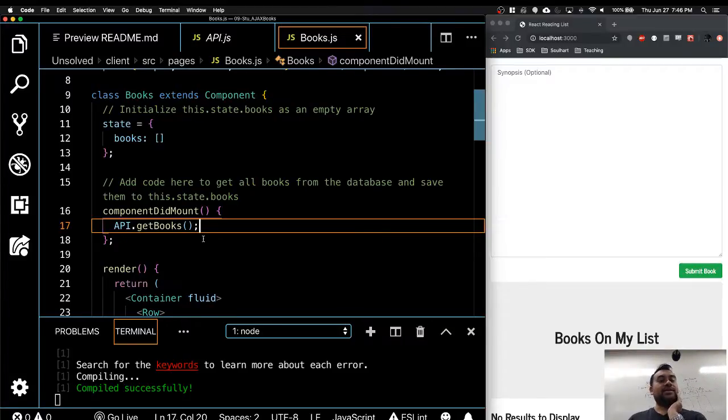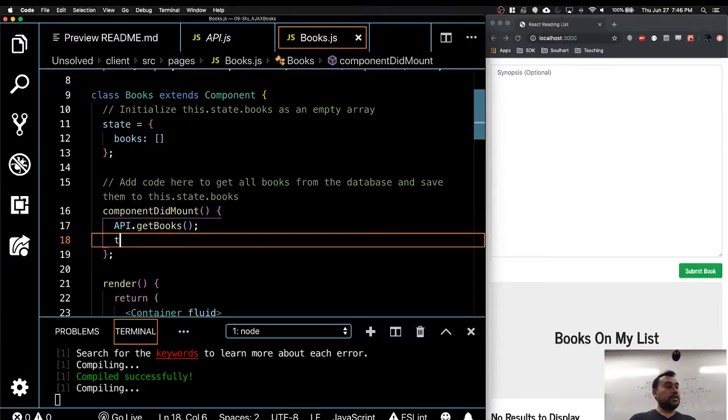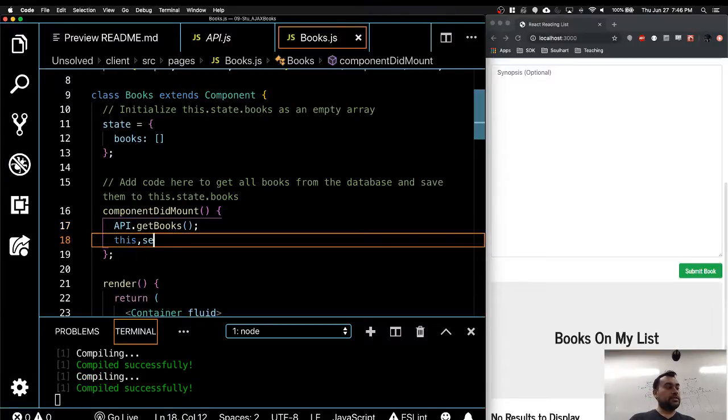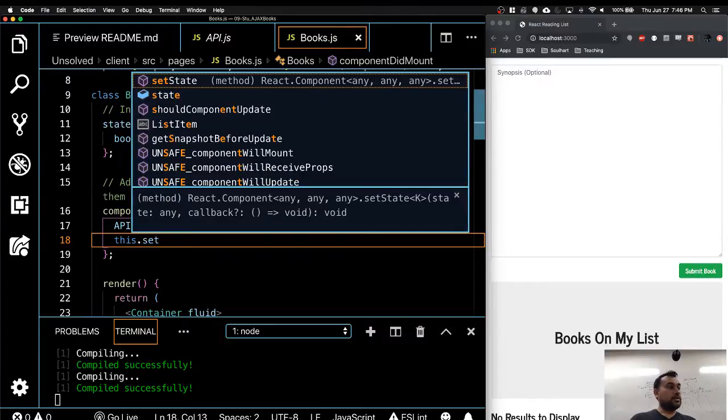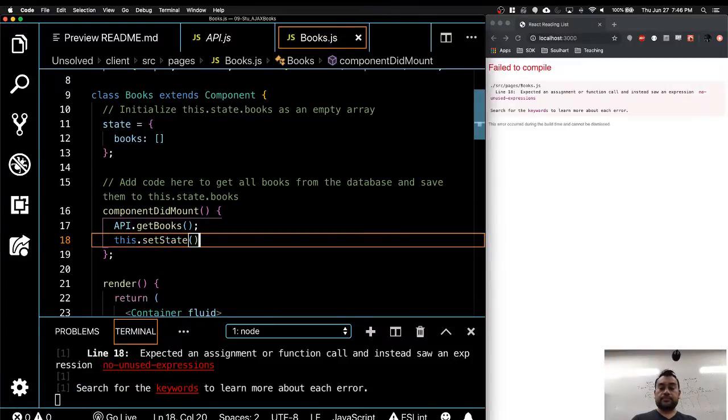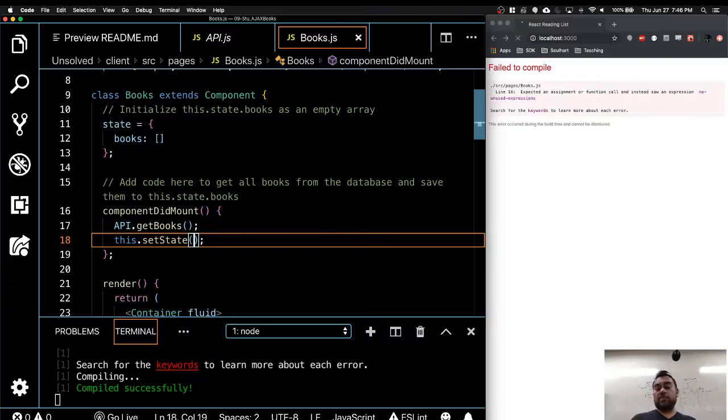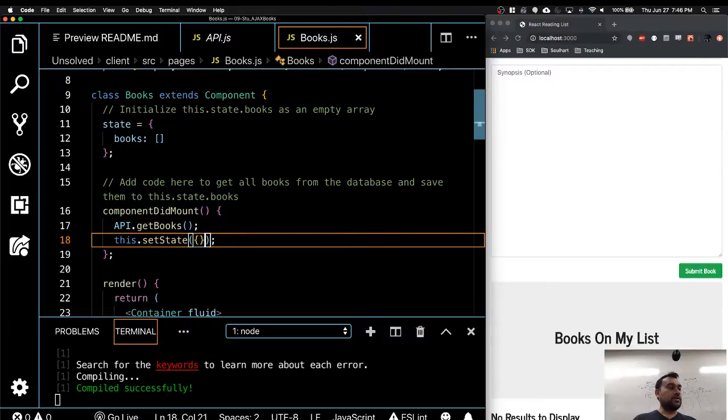Who said it? Somebody. Go for it. Don't be afraid. You're on the right path. Got it. Say it. This.setState. Okay. So over here, this.setState. Okay, and then what do I do? It has to be an object. I know that, right? So okay, now